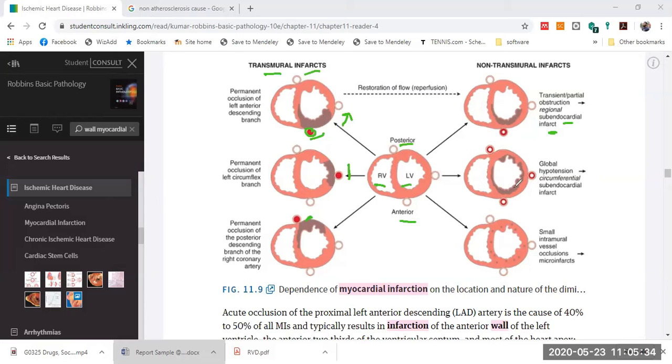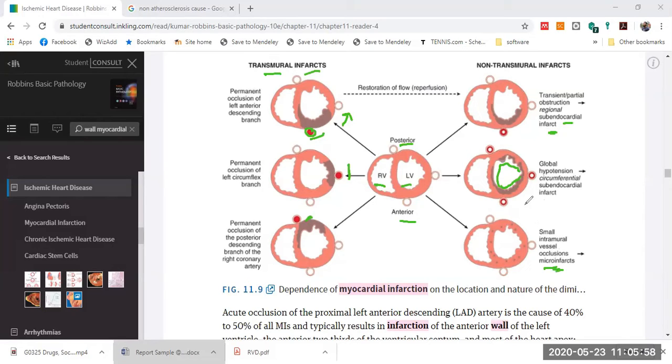Why? Because the infarction is in the whole circumference of the ventricle. Or it could be a small intramural vessel occlusion, blocking only small vessels,